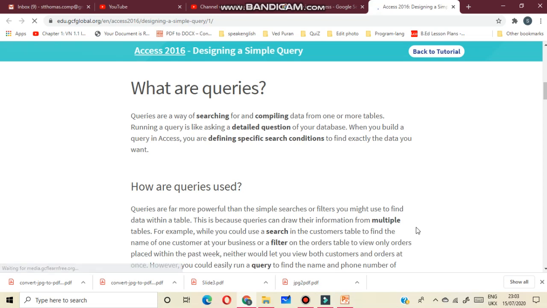A query displays the data from the table in a new way, such as sorted by a certain field or filtered to show certain values in a field.